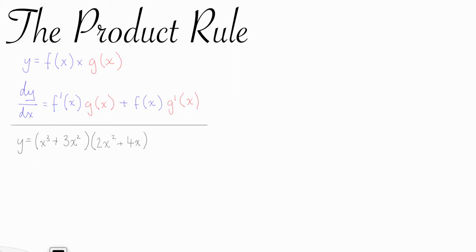So you'd be left with some quite large numbers, and the algebra can be a pain. But what we would do using the product rule is we would identify our two different functions. So in this case we have the first function, this is f of x, and we have our second function, which is here, g of x. So you can see you've got a cubic function which is multiplied by a quadratic function. So what our product rule states is the derivative of this, dy